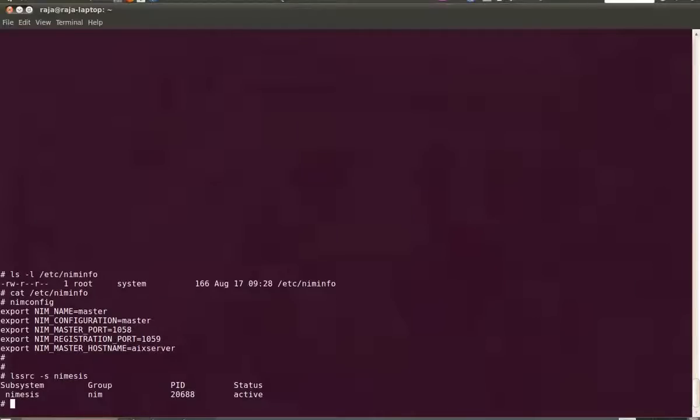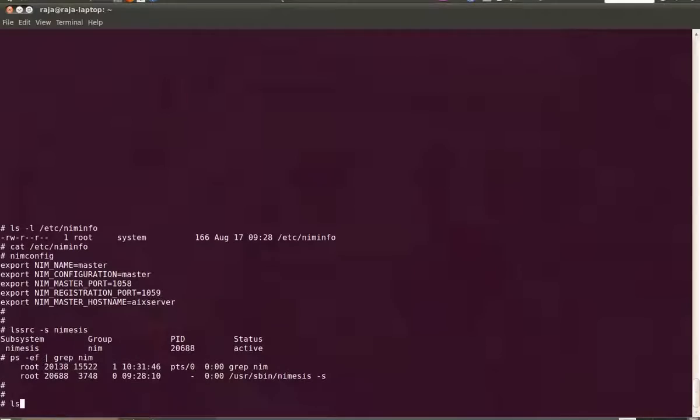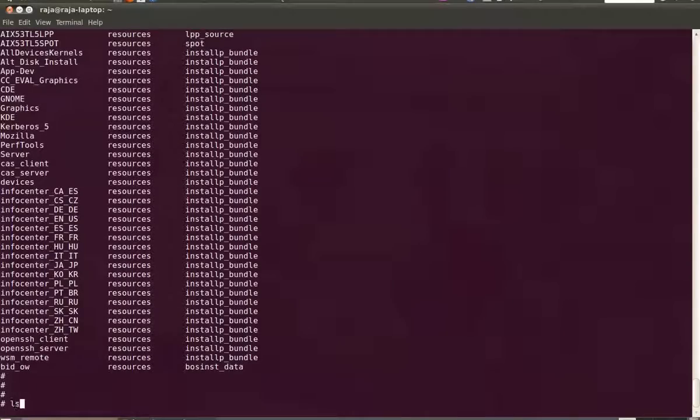And this daemon will be added to the system, and it will get started. You can use the lsnim command to list all the NIM objects. It can be a resource, it can be a machine, or it can be the networks.